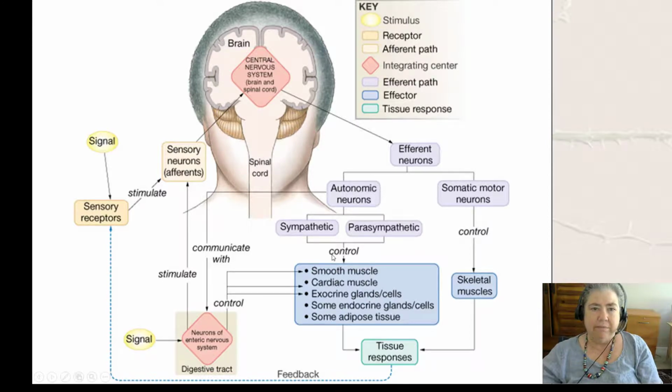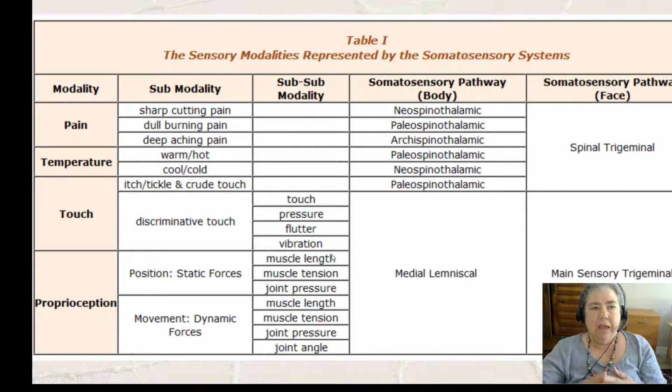Now, there are different modalities of the sensory system, and I'm going to talk about them a little bit, and I'm going to tell you what you need to remember. So, one of the modalities is pain, and pain has different kinds of pain, and they are transmitted through different pathways. For instance, the pain of being cut with a knife is quite different than the pain of a toothache. And there's sharp pain, there's dull pain, there's deep aching pain, and there's burning pain, and they are